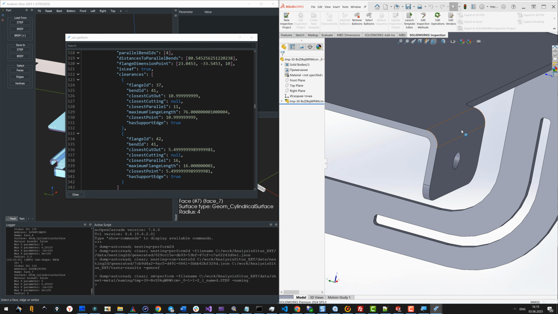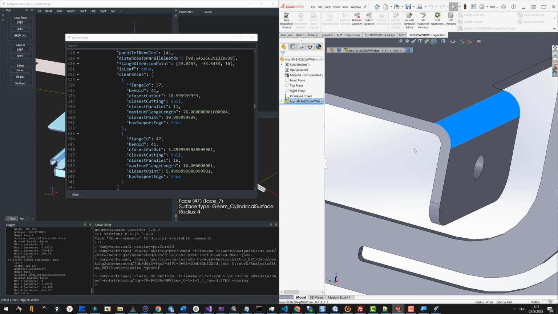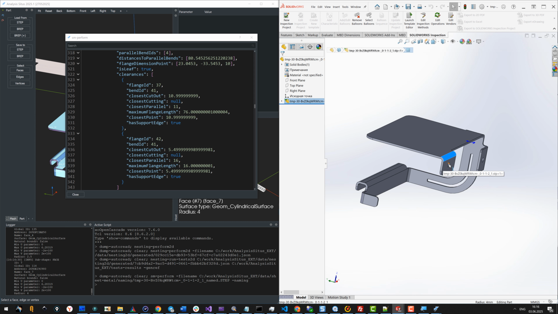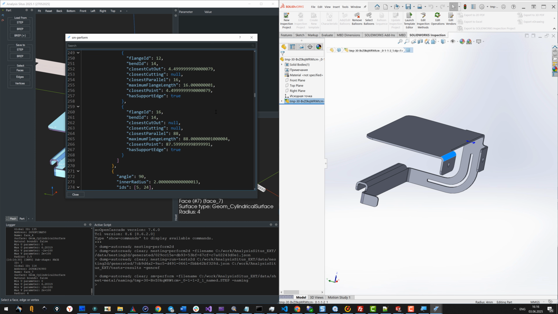Essentially, if this part comes from a STEP file, then I can feature recognize this part externally from SolidWorks, not using any FeatureWorks whatsoever. And I can also use this information to have some snapping points for technical drawings if I want to generate them right out of SolidWorks. So this is how we bridge Analysis Situs